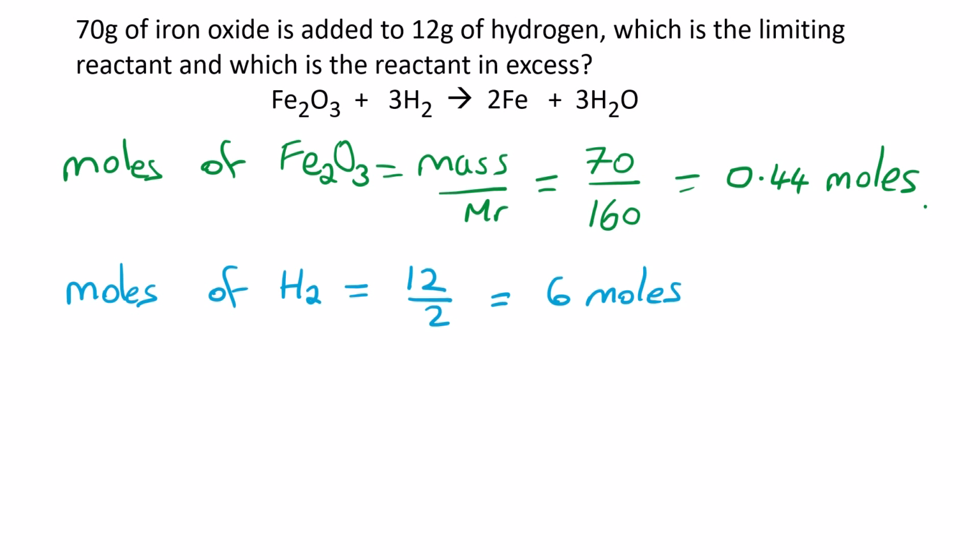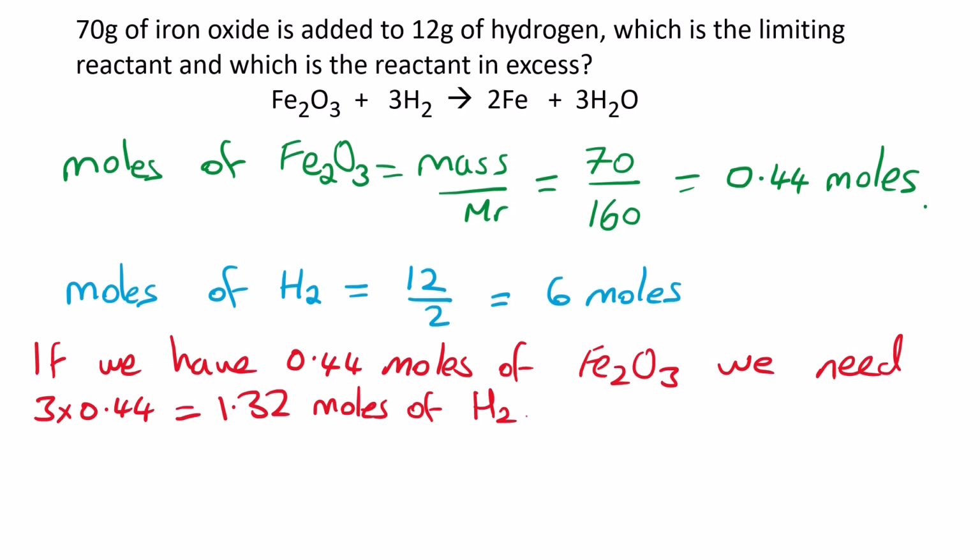At this point, I'll point out that it's divided by 2 rather than 6 because that big 3 in front of it we ignore when working out the moles, because the Mr is only ever for one molecule, so H2 rather than 3H2. So we can see it's a ratio of 1 to 3. That means if we have 0.44 moles of iron oxide, multiply by 3, and that gives us 1.32 moles of hydrogen. So in a perfect world we'd have 0.44 moles of iron oxide and 1.32 moles of hydrogen, but